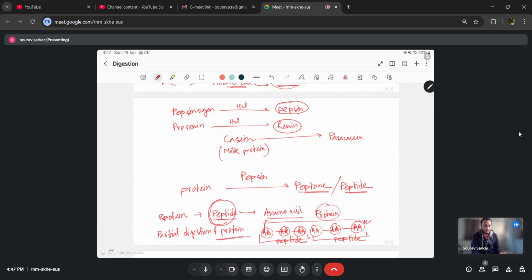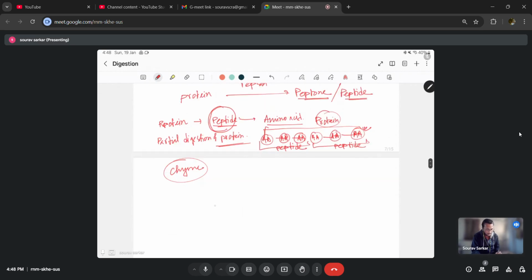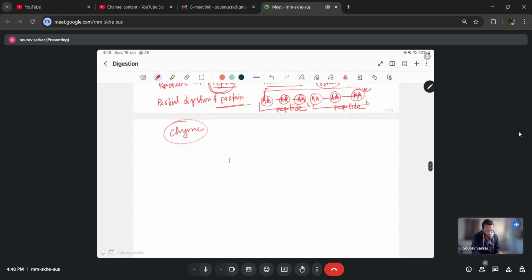Okay, understood. Now, when the saliva was mixed with the food, the partially digested food was known as bolus. When the food is released by the stomach, the acidic, partially digested food is known as chyme. So bolus, then chyme. Now the chyme will enter into the small intestine. So if I draw,